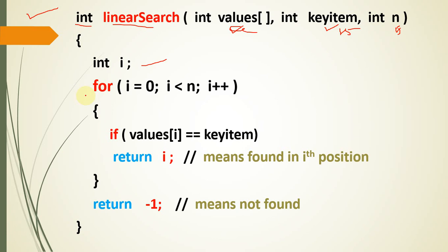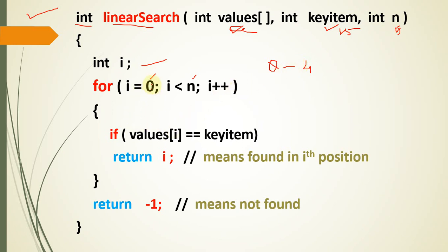So take a for loop. In the algorithm they suggested to take a for loop and vary the i value from 0 to n-1. Less than n means less than 5, means up to 4, isn't it? Okay, 0 to 4: 0, 1, 2, 3, 4. i varies from 0 to 4. In the first iteration it is 0, the second iteration it is 1, next 2, 3 and 4. So totally there will be 5 iterations.